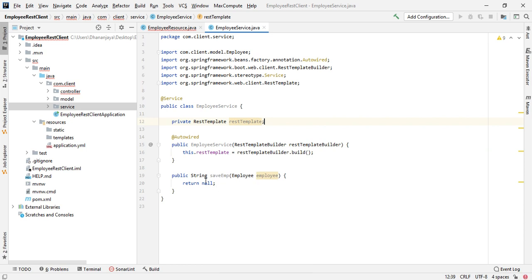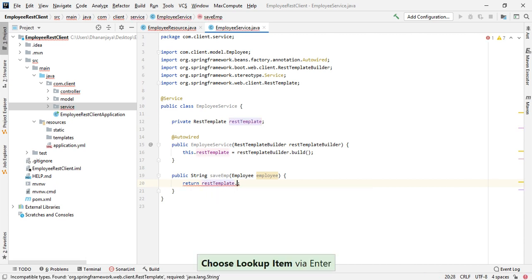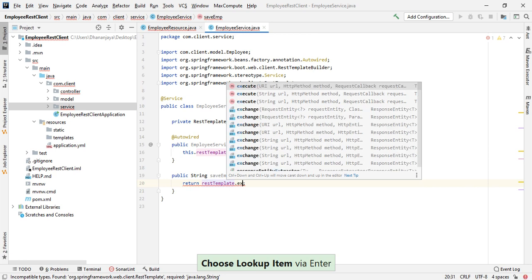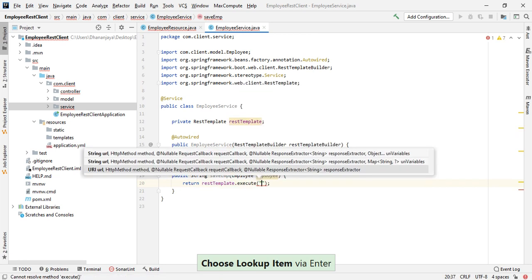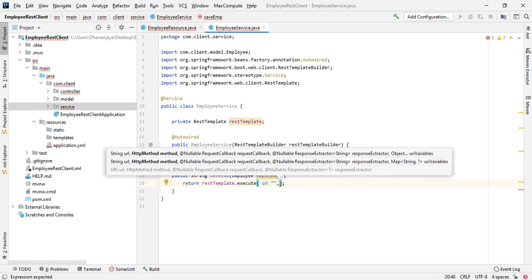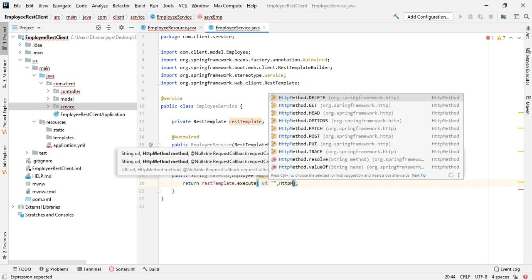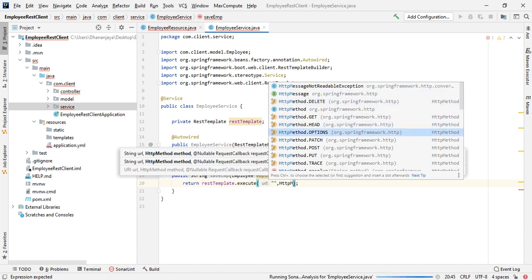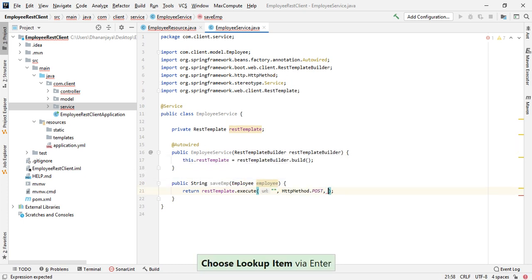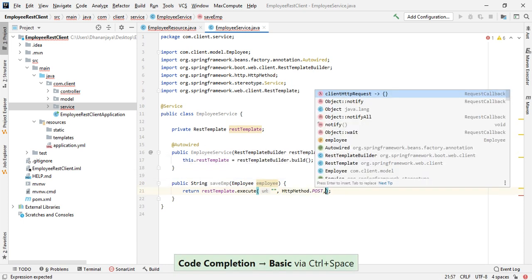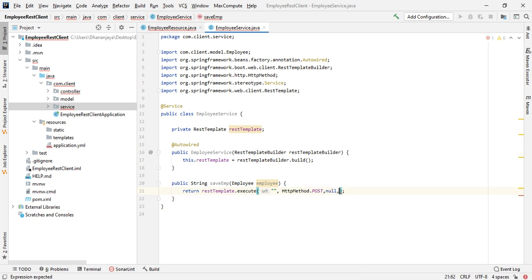So here we will call the REST endpoint. So let's try. The restTemplate.exchange method we will call. We need to pass a URL. Then we need to pass the HTTP method. HttpMethod.POST we will call. Then we need to pass the entity. Okay, for now let me make it null.